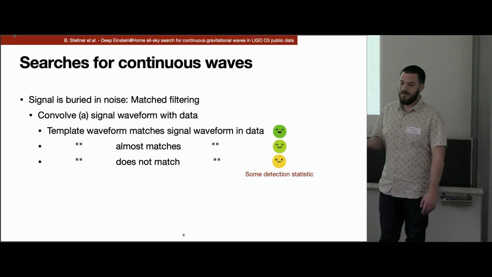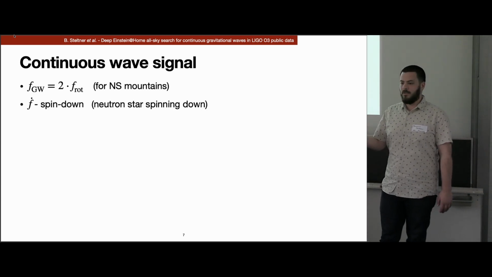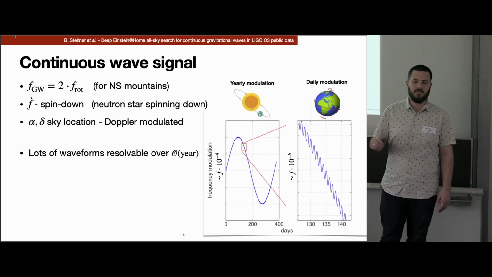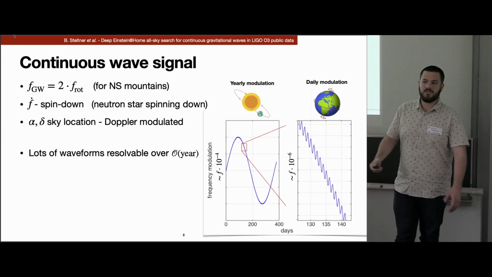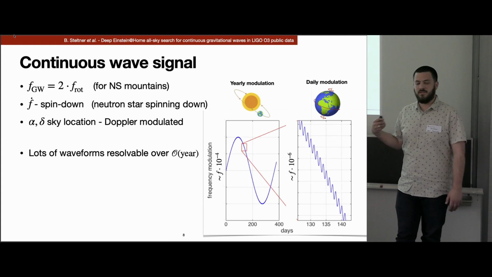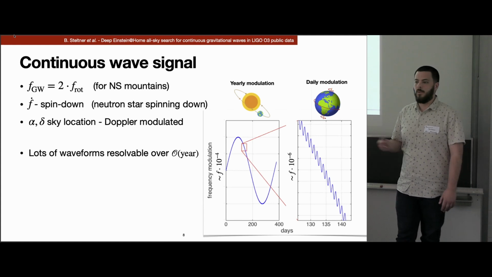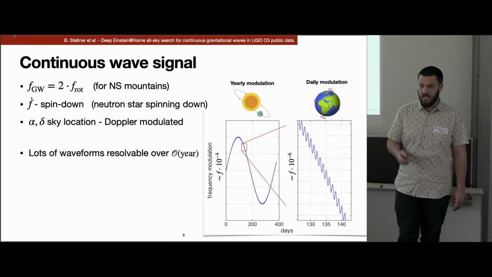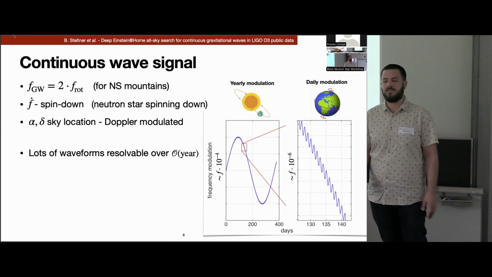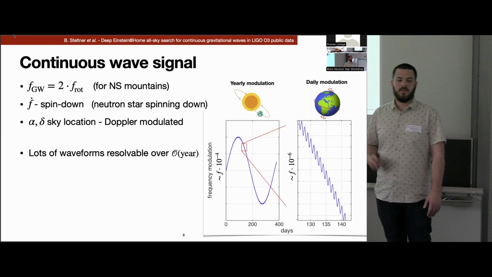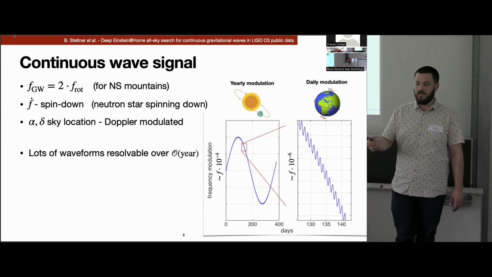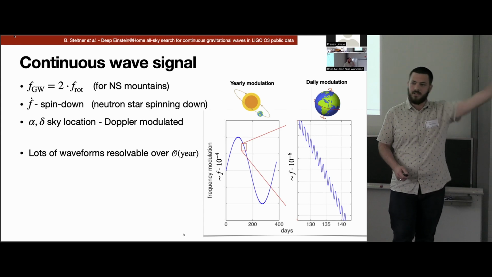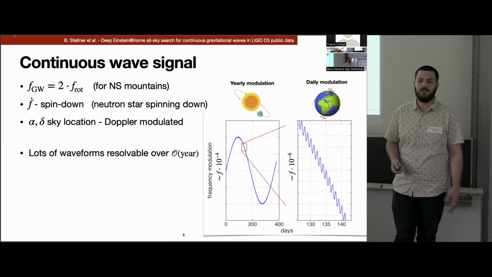So our signal waveform, already mentioned. Just let me briefly say something about the sky, the all-sky searches. The sinusoidal signal is Doppler modulated, so really for every sky position, our waveform looks different. And on the time span of the observation runs, like half a year or a year, there really are a lot of waveforms resolvable. Or the other way around, if we want to search over it, we need to throw a lot of waveforms at our data to find anything.